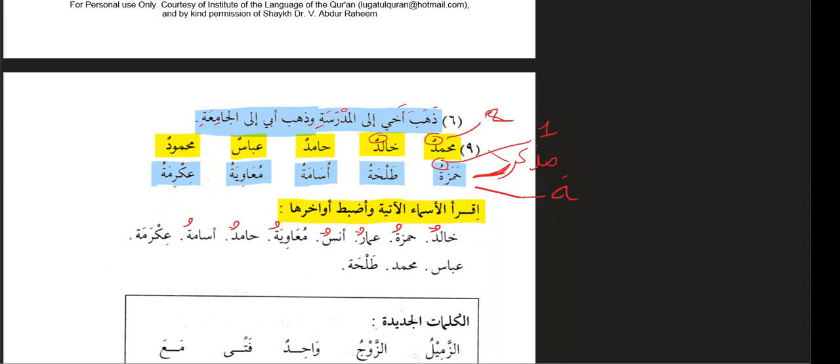Ikrima. See, you have a mistake in the print. It says Ikrama, but it's Ikrima. Ikrimatu. Good. Jangir. Abbasun. Abdul Qayyum. Mahmudun. Muhammadun. And then we have Jangir. Talhatu. Jamil. So we have Khalidun,